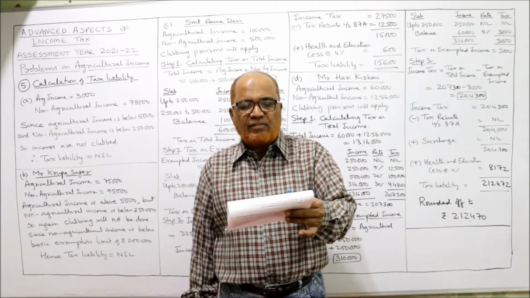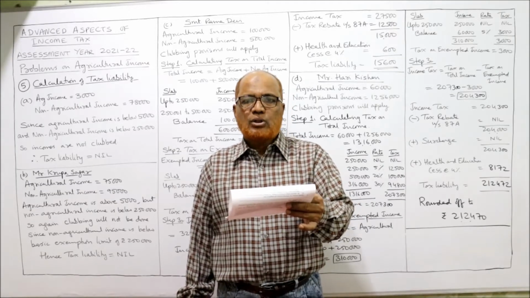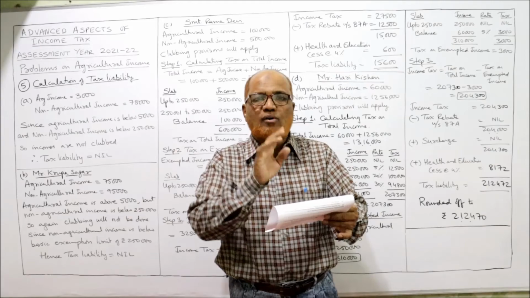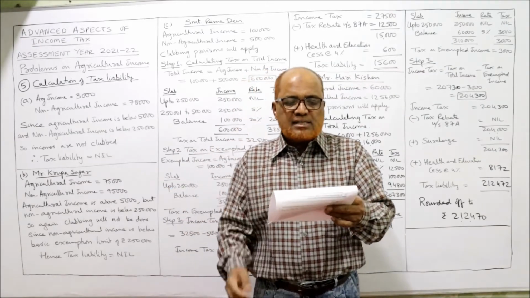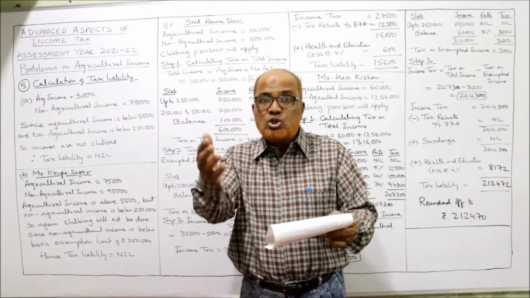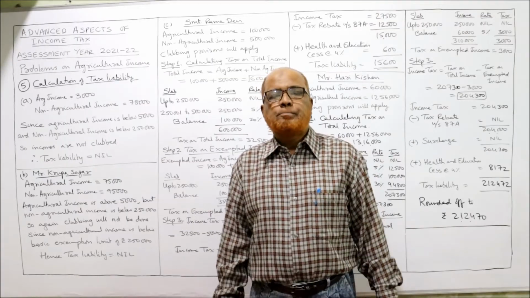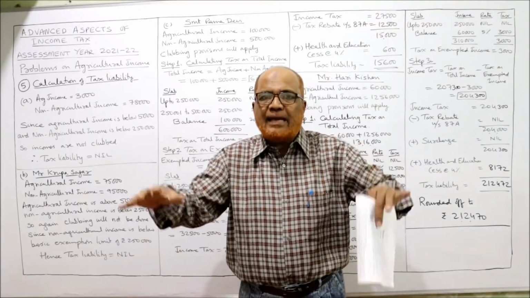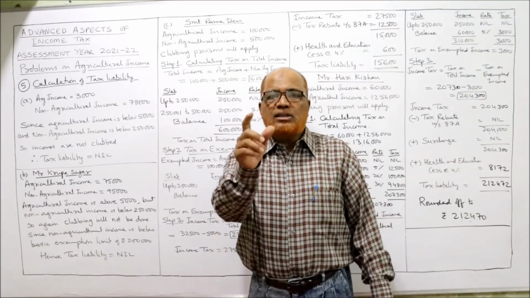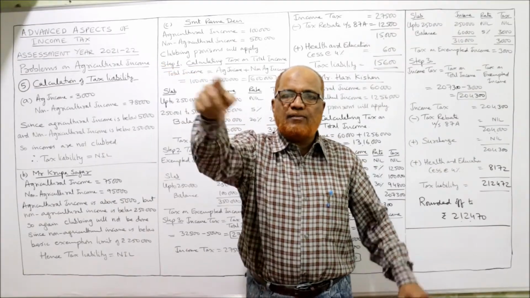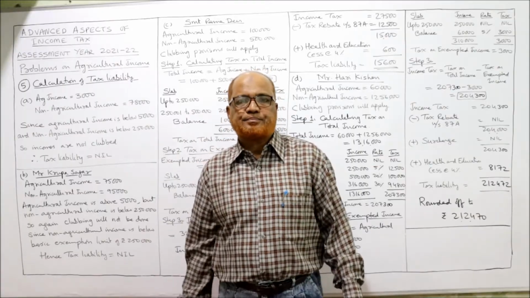Interest of 750 received on mortgage of land used for agriculture purpose. Interest received on mortgage of land is not related to agriculture, so it's non-agricultural income. A sum of 10,000 rupees received from the insurance company for damage caused to a standing crop. If the standing crops are damaged and the insurance company has paid the amount to the farmer, the Income Tax Act says it's an agricultural income.